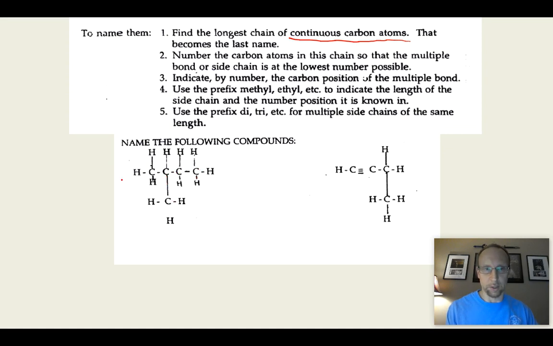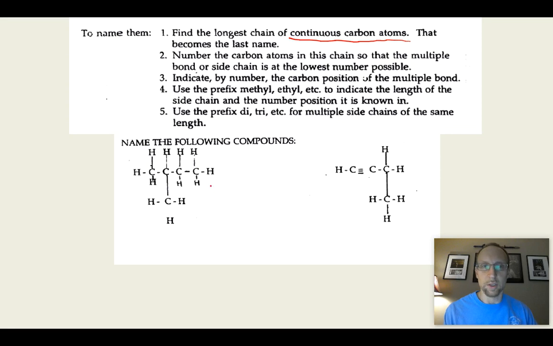So let's look at this example here. We've got 1, 2, 3, 4. Now let's see if there are other ways we could go that might give me a different, longer length of carbons. So here 1, 2, 3, 4. That still gives me 4. And then what if I start over here? 1, 2, 3. That only gives me 3. All right, so 4 carbons is the